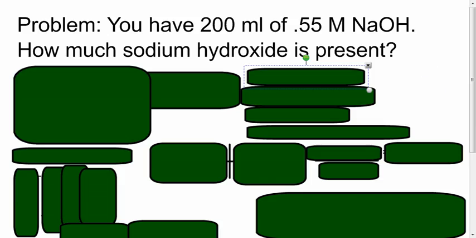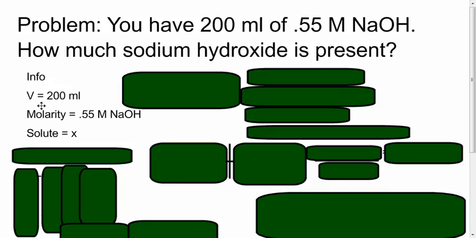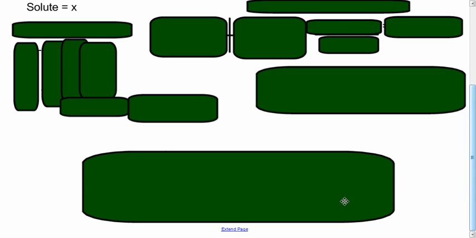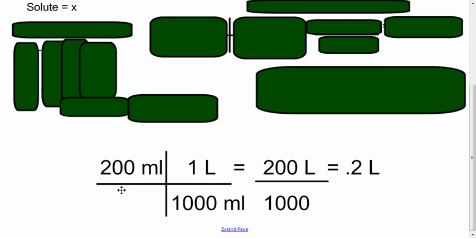All right. So here's our problem. You have 200 milliliters of 0.55 molar NaOH, and you want to know how much sodium hydroxide is present. The first step is always what's our info. We know we've got 200 milliliters. This is the molarity. So the first thing we're going to do is convert the milliliters to liters. We set up the bracket, we do it, and we cancel our units, and we're left with